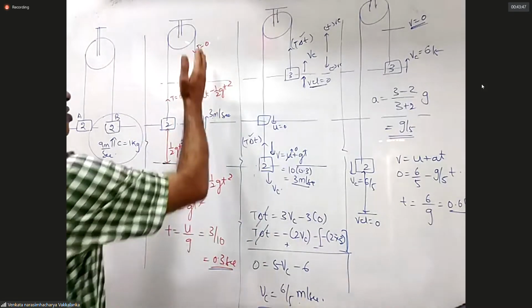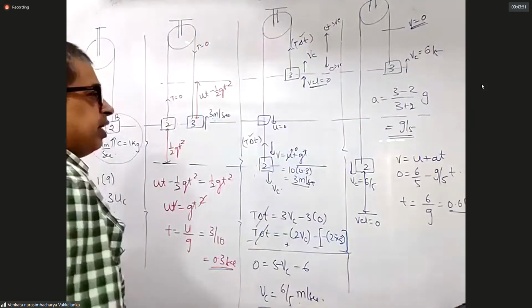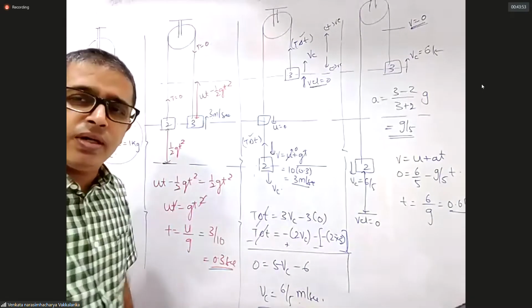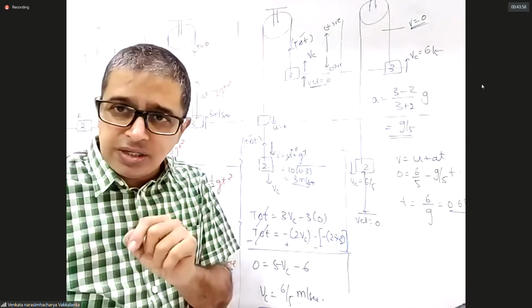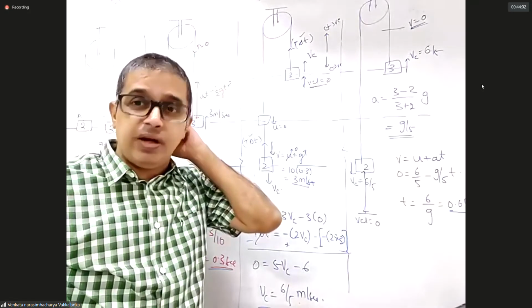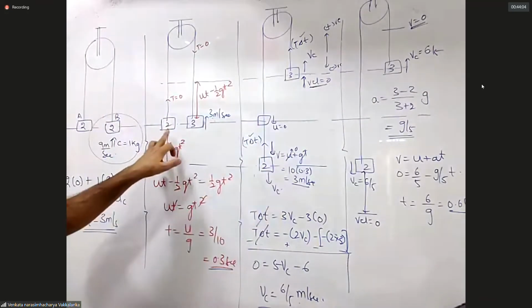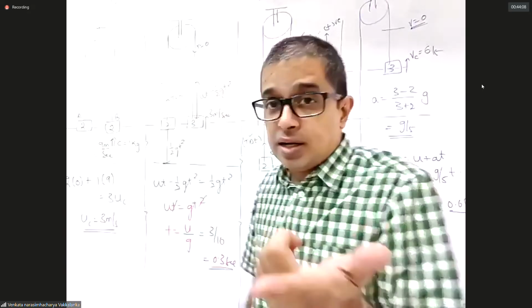I have seen instances where you conserve momentum this way and you get an answer, but I won't suggest it. Give me one day of time. Let me solve using your procedure and find a fault in it. I'll tell you what is wrong. As it is, I'm unable to find a fault in it. But for sure, that should not give you the correct answer. I should be able to explain why that's giving the correct answer.